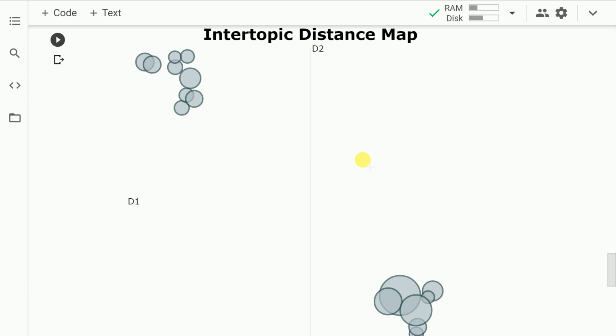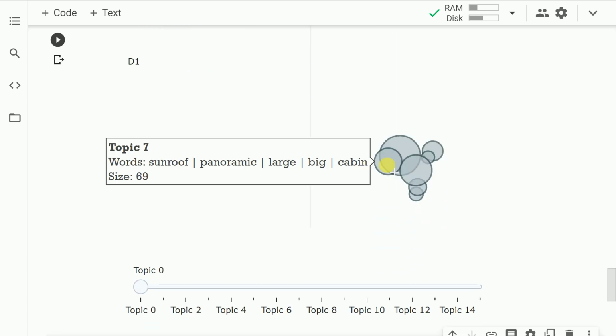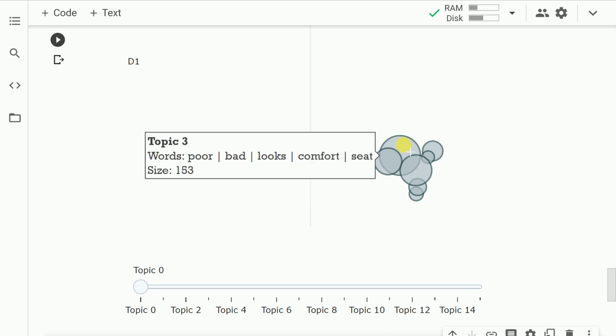So as you can clearly see, the topics have been represented in a two-dimensional plane. Let me hover over some of the topics. So here in the 7th topic, I have words like sunroof, large, big, cabin, and so on and so forth. So this topic mostly focuses on the features of the car. Topic 3 is again poor, bad looks.